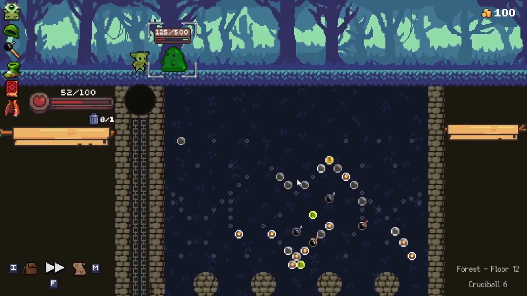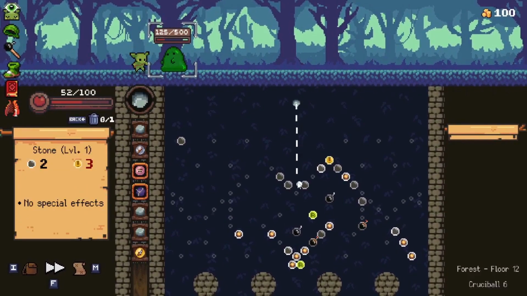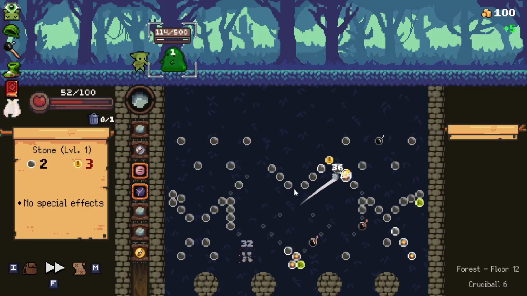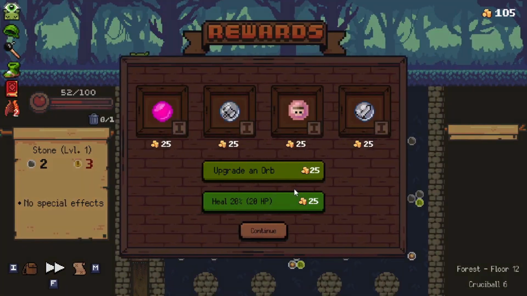Alright, well here's the reload. We're going to take some damage. That's alright, I guess. Please don't make me reset the run again. Alright, we should have one. Now we definitely have. I think that's 3 bombs. That's 150 damage. But